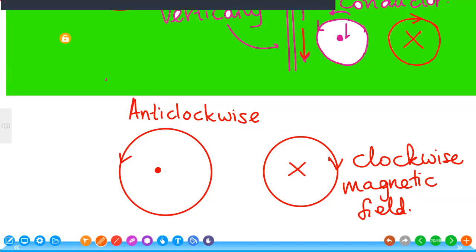This phenomenon was discovered by a scientist called Oersted. And to identify the direction of the magnetic field, we use the right hand grip rule. This is the simplest and easiest one. In the right hand grip rule, what do we do? We have to point the thumb in the direction of the current. By the other four fingers, we get the direction of the magnetic field. Then again, you have to join now within